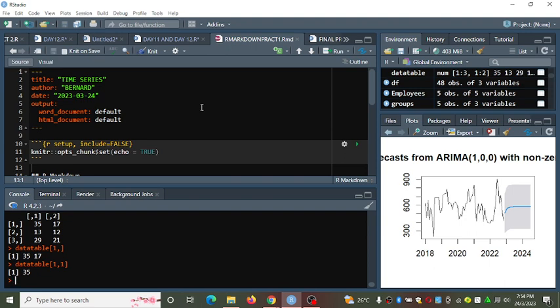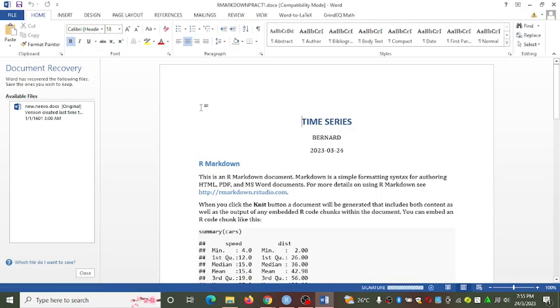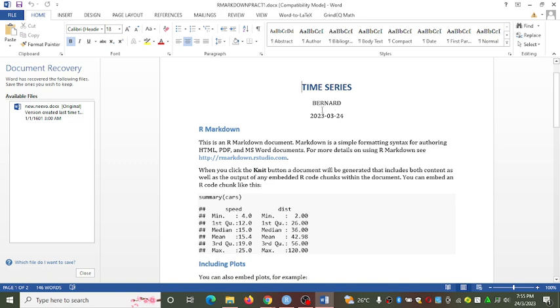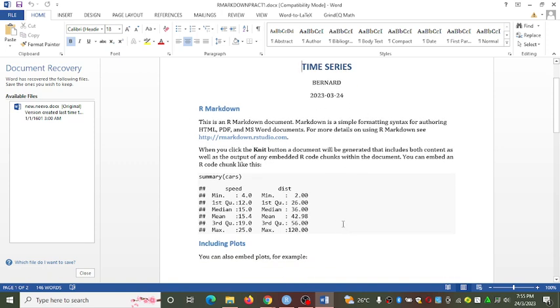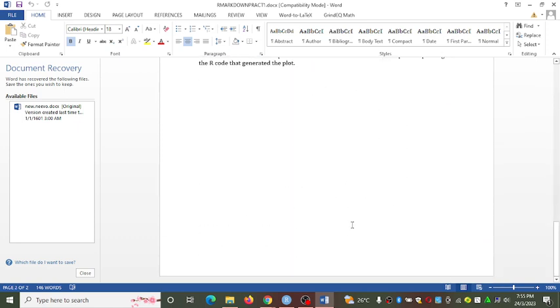It will come, just be patient. Yes, the title of the document is Time Series by Bernard. You can see that this is an R Markdown. Then we have all these things here. So these are just simple things.